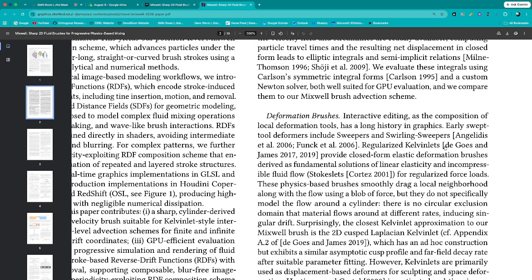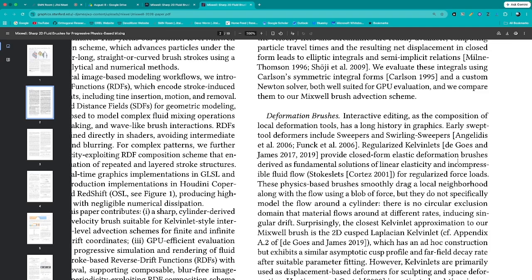Regularized Kelvinlets in particular provide closed form elastic deformation brushes derived as fundamental solutions of linear elasticity and incompressible fluid flow. So there are Kelvinlets, Stokeslets, and other things. When you talk about Stokes flows and things like that, those are related to Stokeslets. Kelvinlets are related to